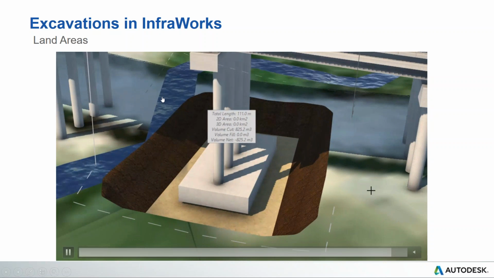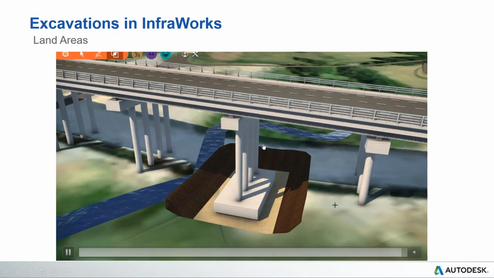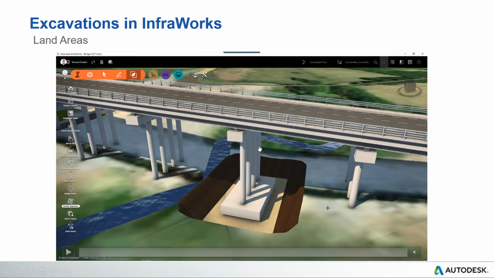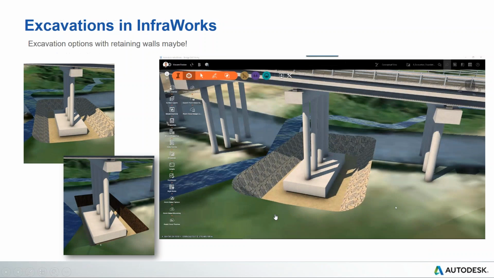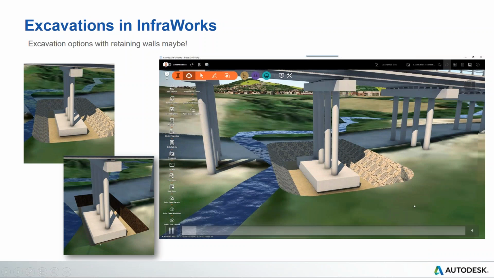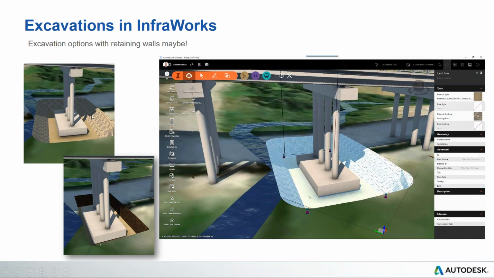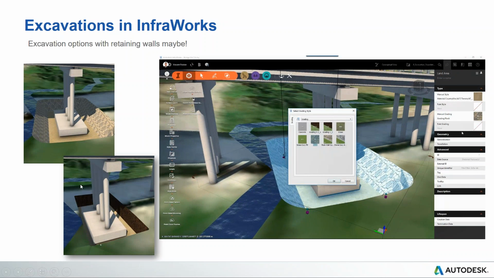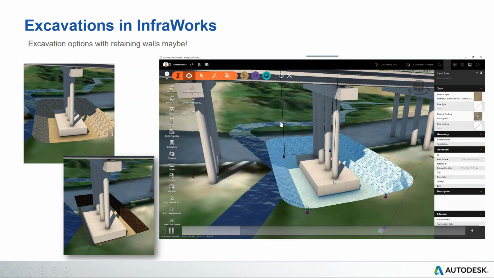capabilities. So here we select that area and we get direct feedback about the volume of cut and volume of fill if required. Very quickly, very easy to use, and we can do it for the whole area of the bridge piers or foundations in one go. Now, this is definitely easy, quick. We can assign materials, we can check option A versus option B, and then it will also allow us, because